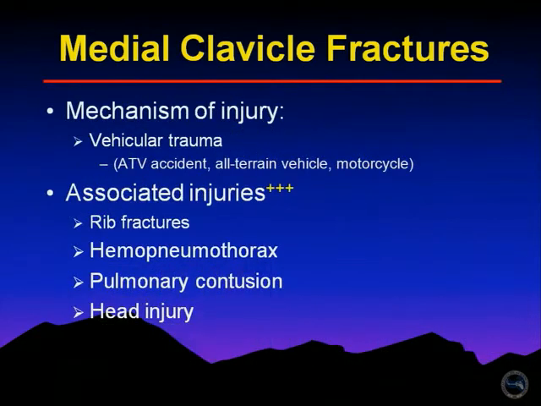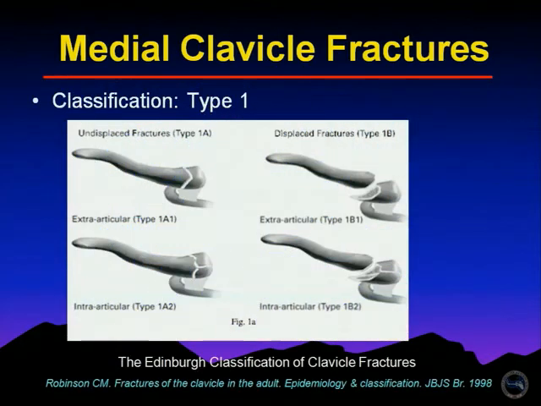The mechanism of injury is usually a high-speed injury, vehicular trauma, motorcycle accidents. I've seen it in football players. You do need to look for associated injuries, rib fractures, pneumothoraces, pulmonary contusions, and head injuries as well. The classification, the Edinburgh classification, can be utilized for these. You see the undisplaced fractures here, either extra-articular or intra-articular, and then the displaced fractures, which can be either extra-articular